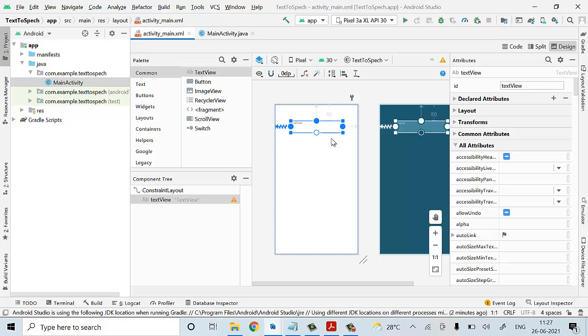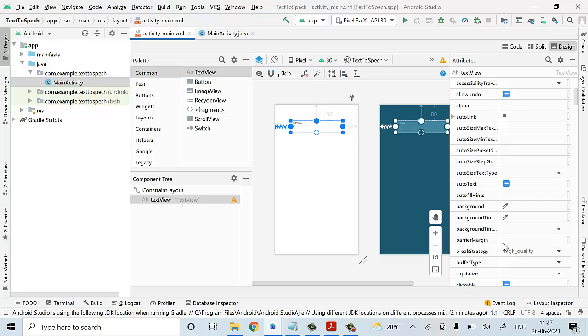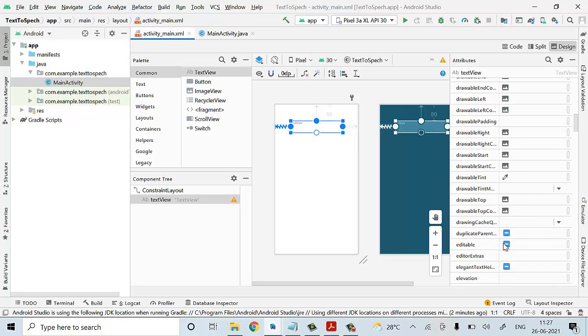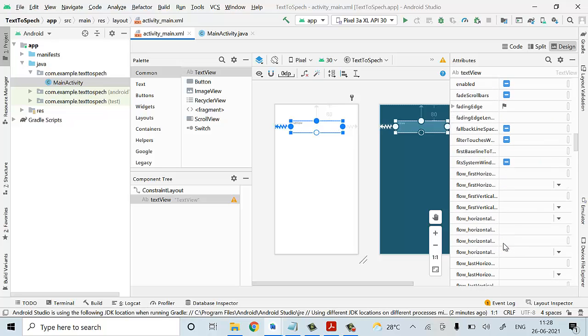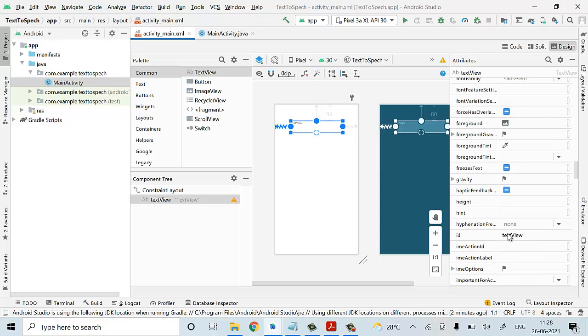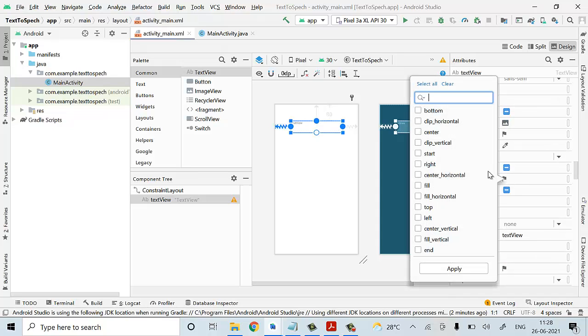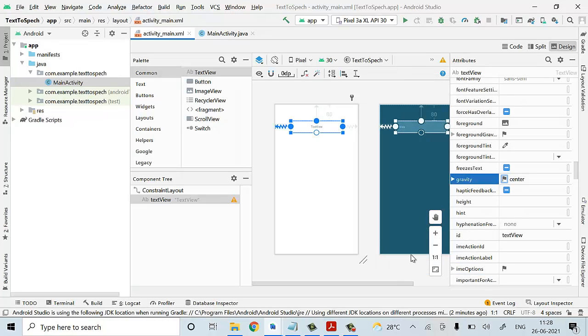Now for this I am going to specify the attributes. So first I'll come up with the gravity for this. With this gravity I'll make the text centered. So now I made the text centered.